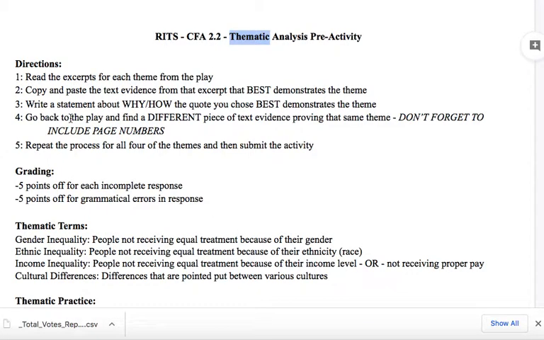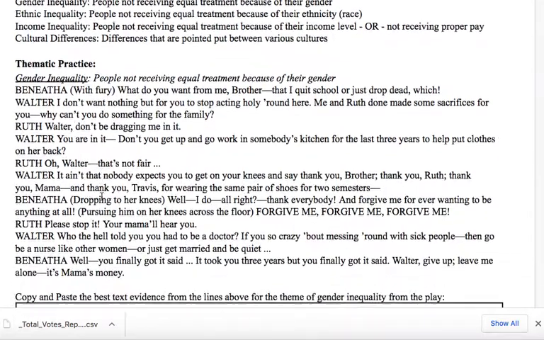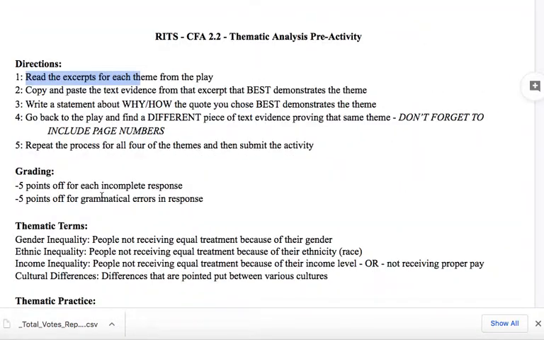So, here are our directions. You're going to read these various excerpts from the play, and they are going to be based on the various themes. You're going to copy and paste text evidence from the excerpt that best demonstrates the theme that is listed above it.